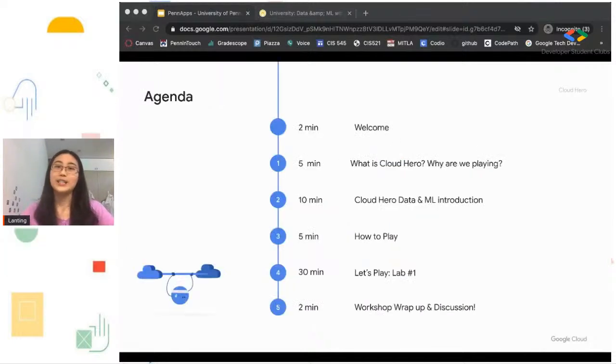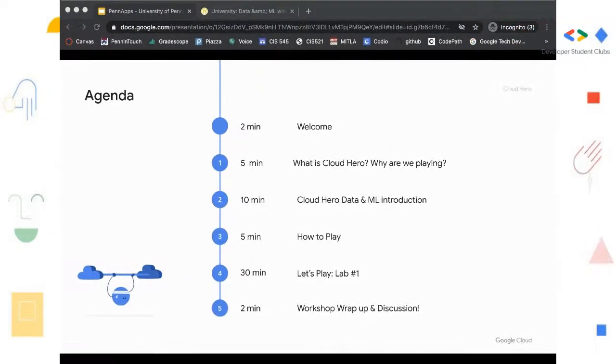This is our agenda for today. We're going to learn more about how to play Cloud Hero and why we want to play it. We'll hear from Ryan about some relevant cloud solutions and what the possibilities are in using them. Then we'll move on to how to play the game and getting set up for the first lab. We'll close out the workshop with pro tips that'll assist you in completing the other 3 labs and have a